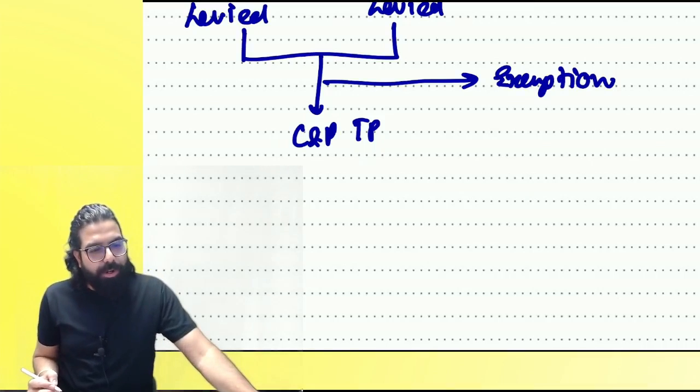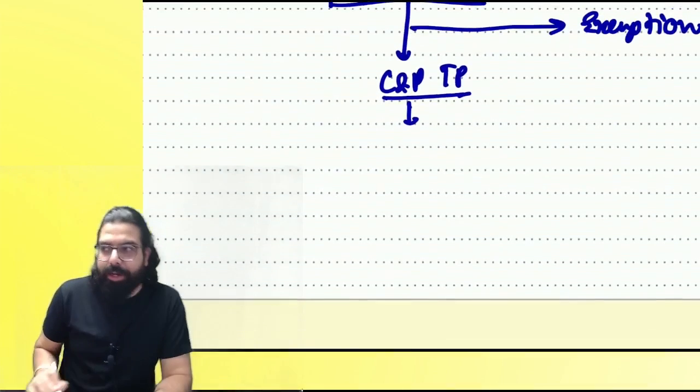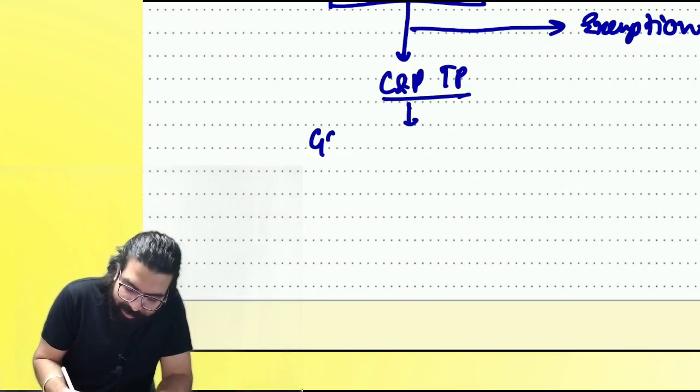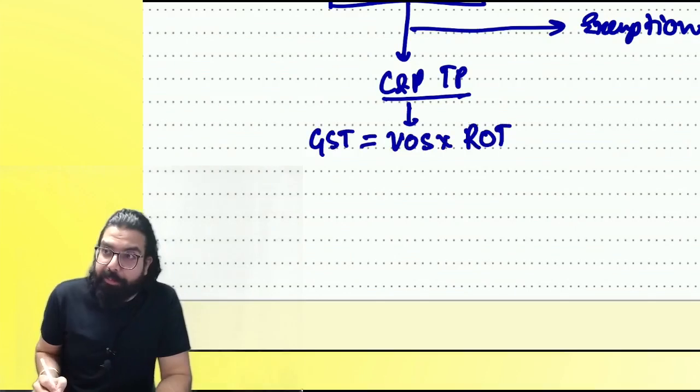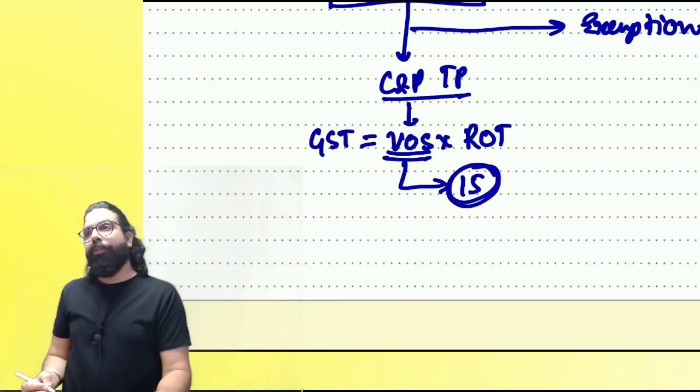Chalo, the next one over here is now, once I have to collect and pay, I will have to go ahead and calculate. Correct or not, everyone? And GST is equal to value of supply into rate of tax. Are we clear, everyone? Now, value of supply, how do you calculate? That is told in section number 15, which we are going to study today.